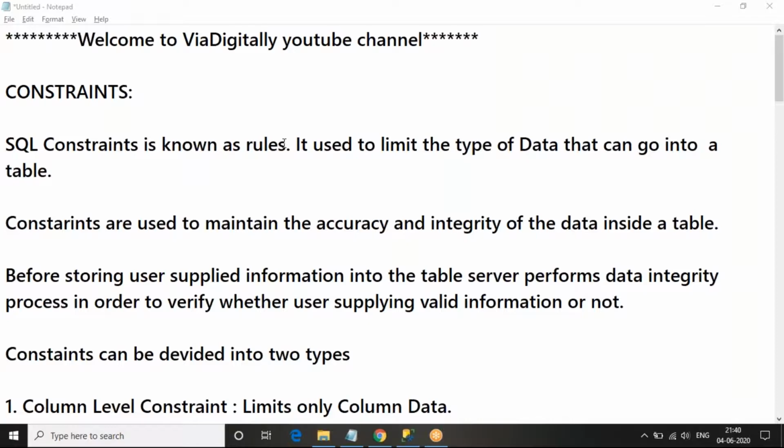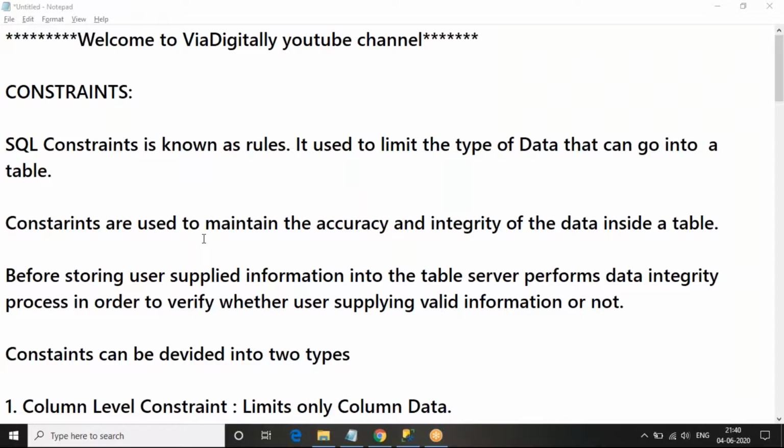A simple example you can observe: we all have Aadhaar cards. Each Aadhaar card has a unique Aadhaar number. At the same time, we can give a unique mobile number to a particular Aadhaar card. That means the Aadhaar number should not be the same for all persons. It must be a unique value, and unique means it will not allow duplicate values. We can use this to maintain data correctness by using SQL Server constraints.